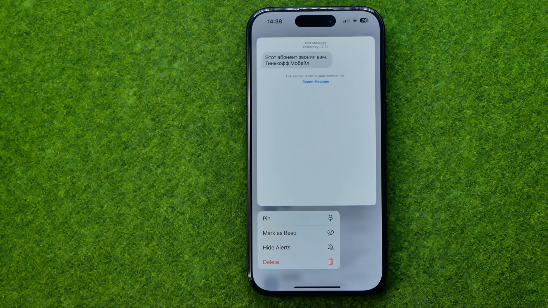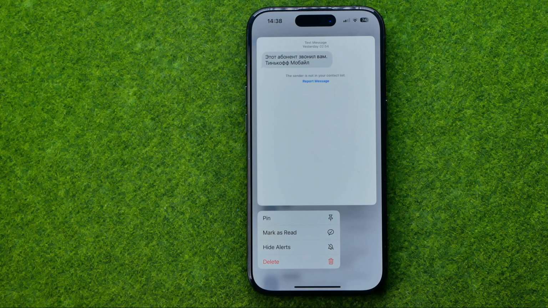can read iPhone messages without marking them as read, so no one will know that you read their messages in